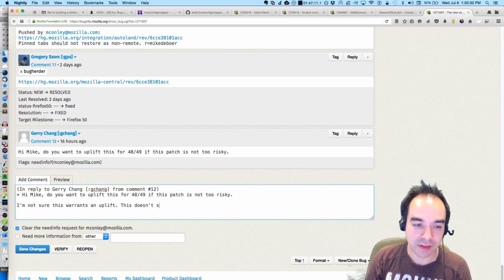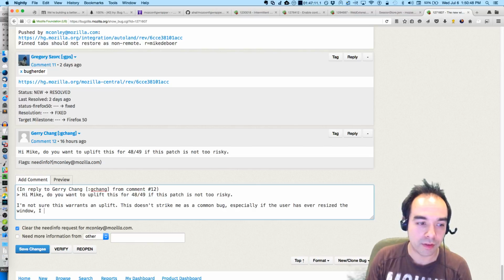This doesn't strike me as a common bug, especially if the user has ever resized a window. We sidestepped the issue.